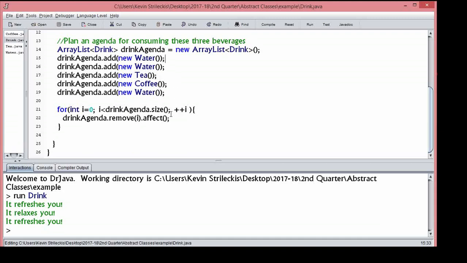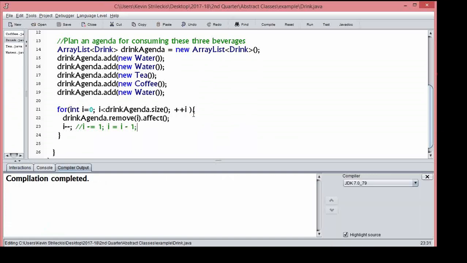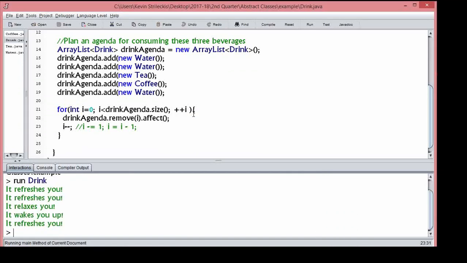If we really were in a bad situation, we could have gone to the point where we actually break out of the indices, like we get a bad index out of bounds error. So whenever we do remove something, it's also a pretty good idea to go ahead and subtract from I. So I can do I minus minus, or I minus equals 1, or I equals I minus 1. There's a lot of things we can do here. But any of these things should do exactly what we want it to do. And boom. That right there means that I pretty much never leave I equals 0.